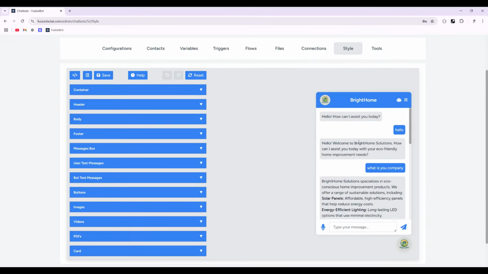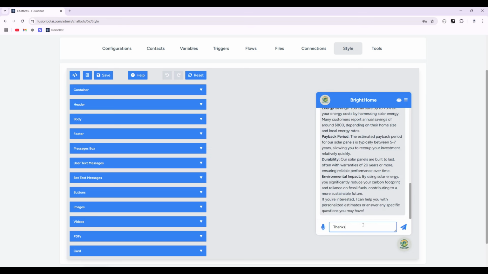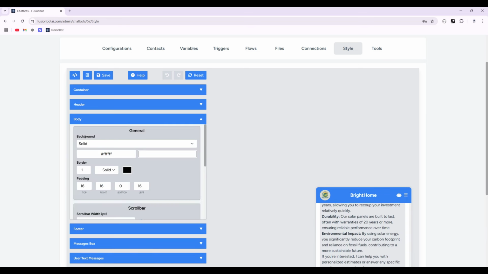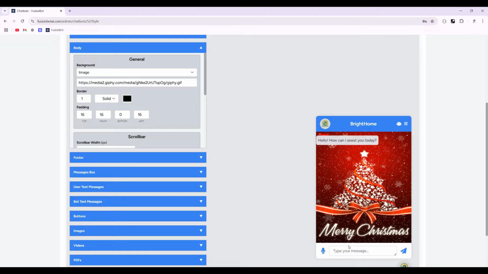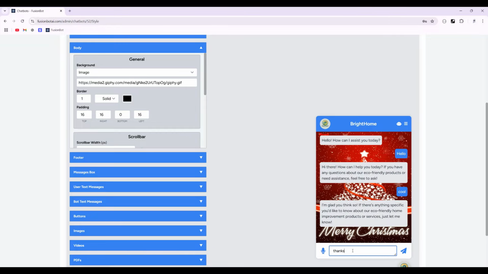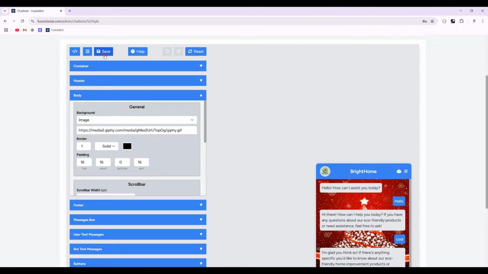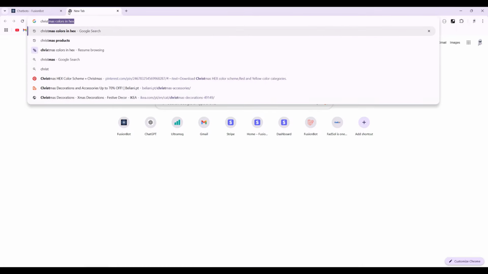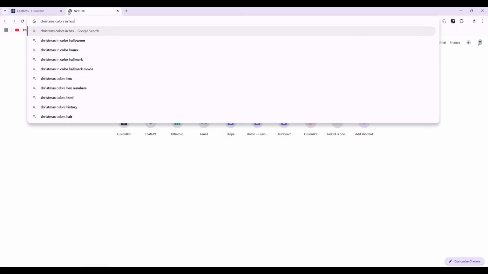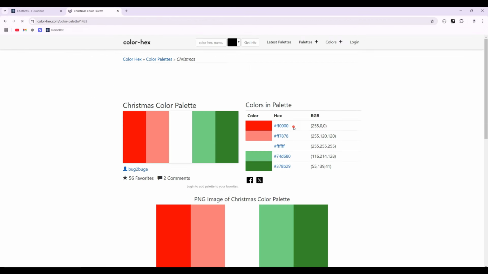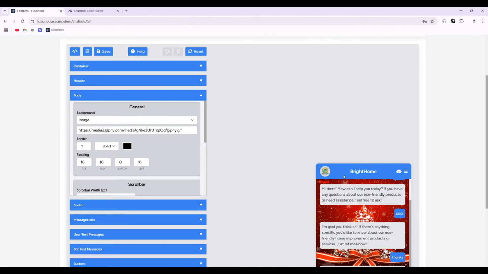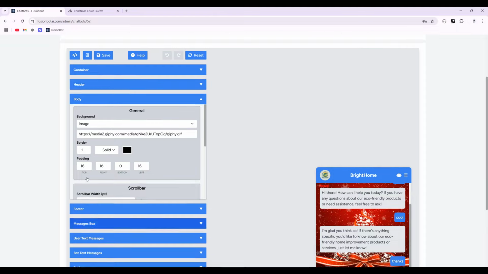Okay, so this is our normal chatbot. Cool. Side body instead of solid color, white color. Let me choose image. Let's see. This is the background. Let me clear messages. Okay, save. Then let me choose some Christmas colors in Xcode. Sorry, not this one. Maybe this. Okay, I want this red for the header. So I have to go to header here and